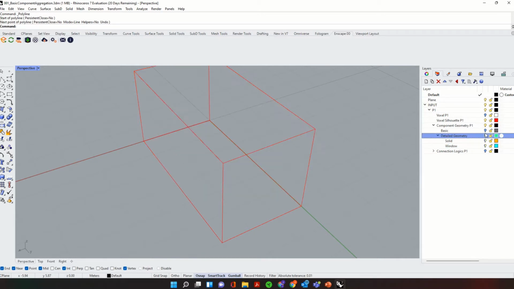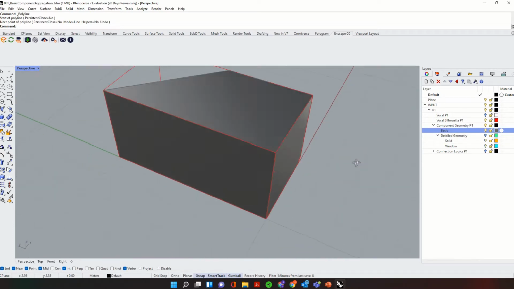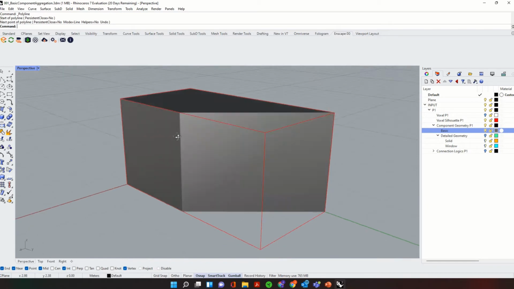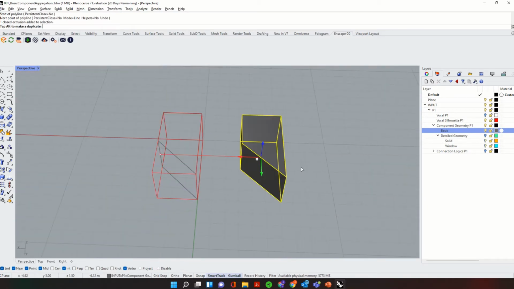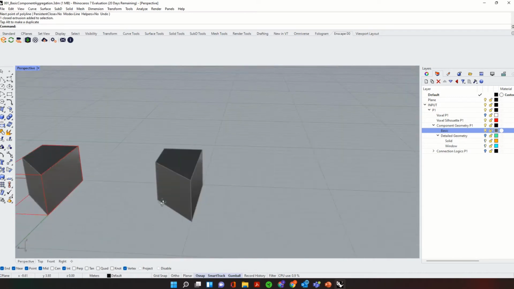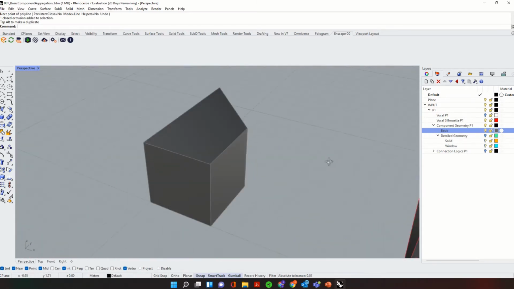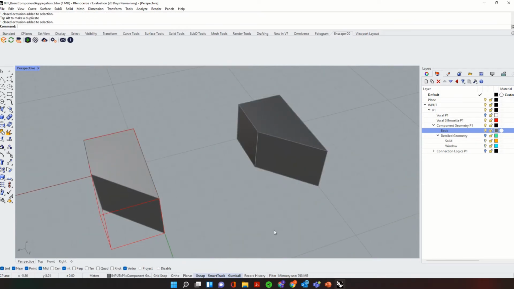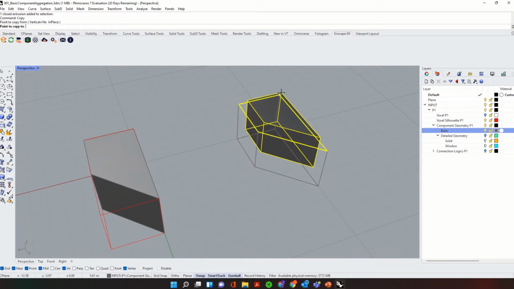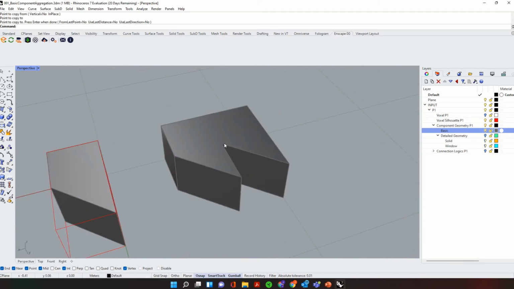So I'm going to go back now, and I'm going to just have a look at our basic components, and we're going to talk about connection logics. So one thing that is a good thing to do before you start designing your component is also thinking about how you want your component to connect. And by connections, what I mean is simply, if you start to copy and move things around,